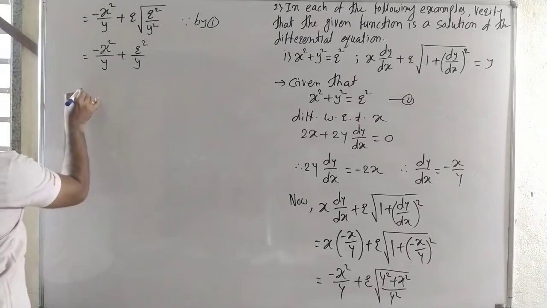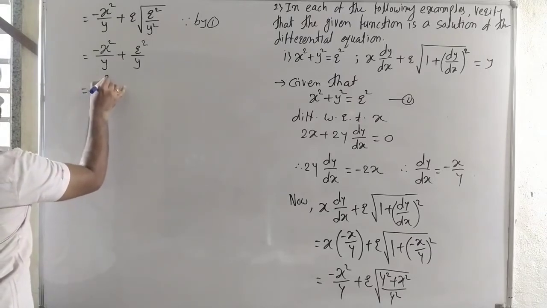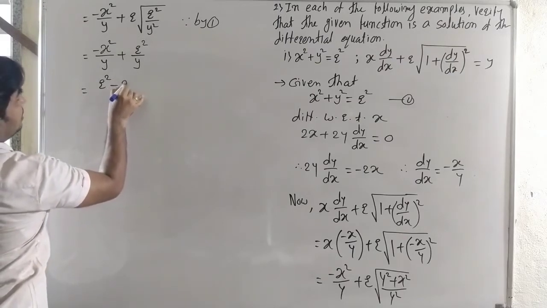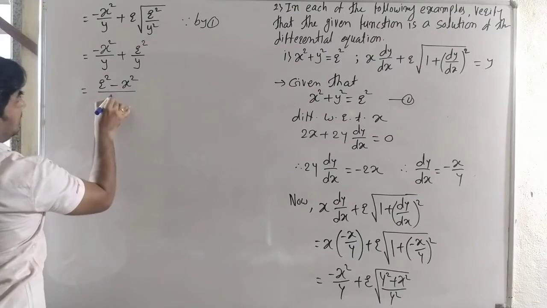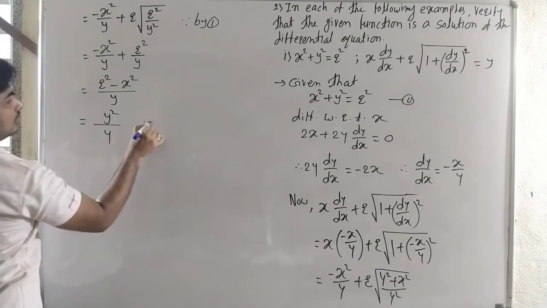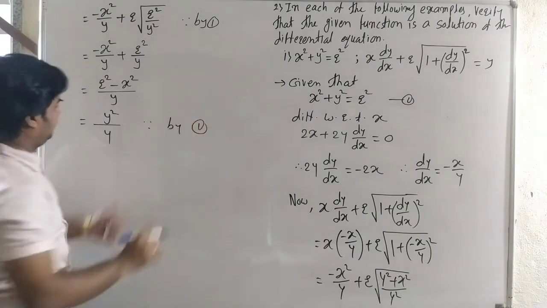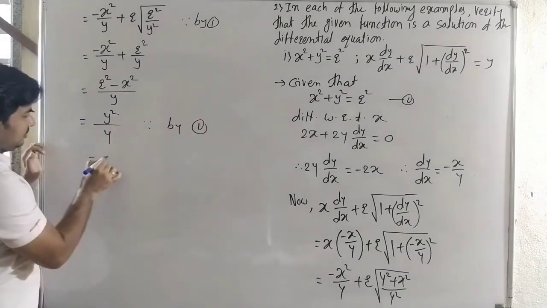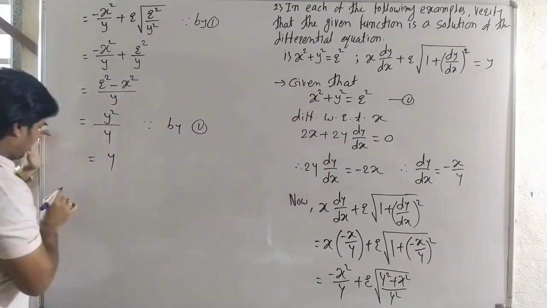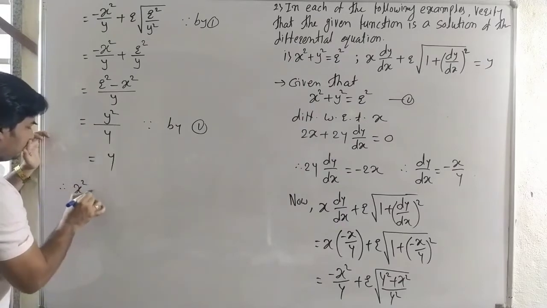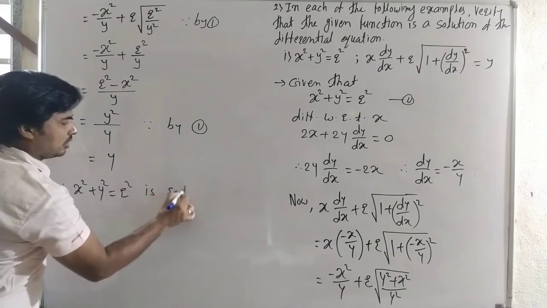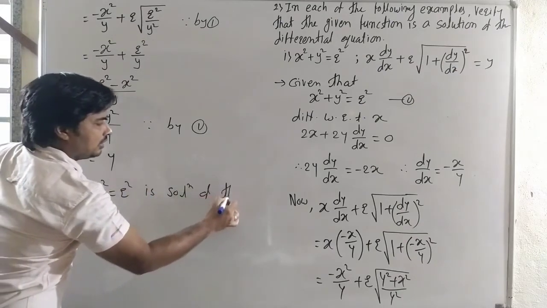And now here the denominator is the same, r square minus x square upon y, and again by equation 1 it is y square upon y, that is y. Okay, that means the solution, and therefore x square plus y square is equal to r square is a solution of the differential equation